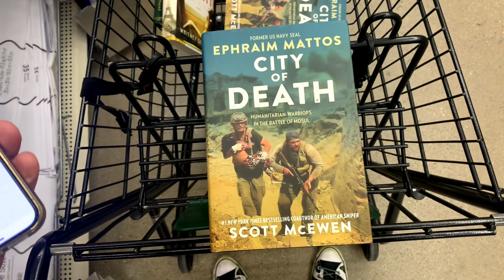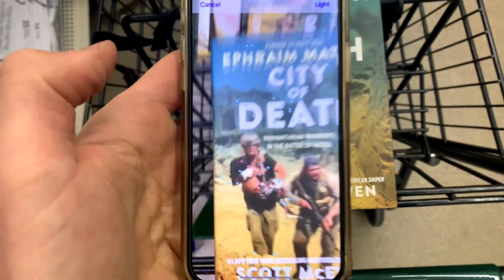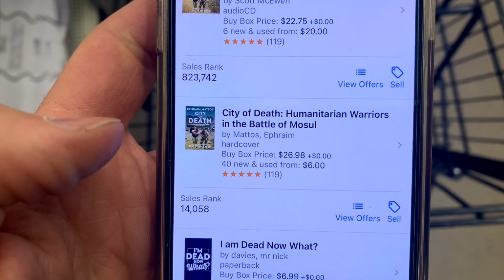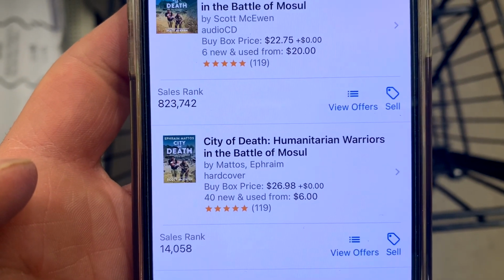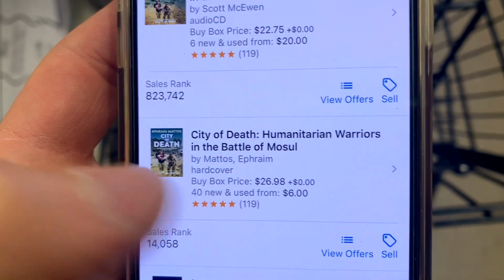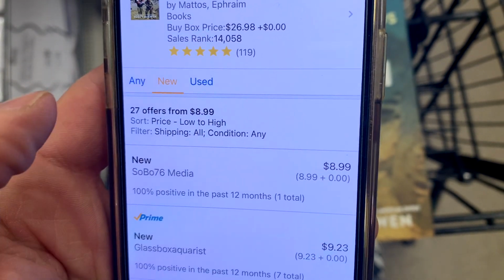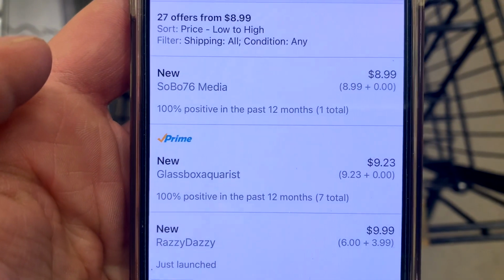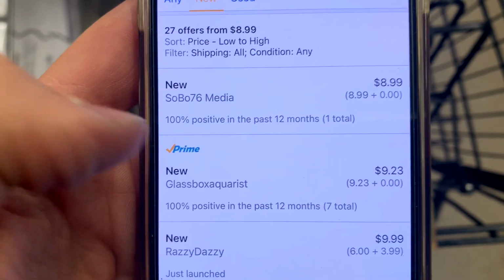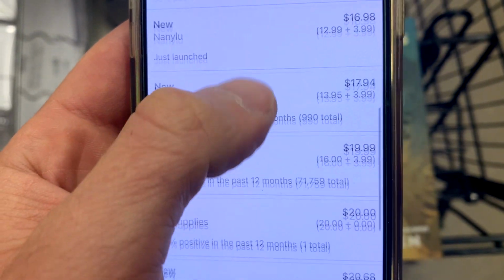Okay, this book is actually kind of interesting that I found. So we're going to scan it, and I'll show you what I'm talking about. Scan the cover here. And you can see there's the hardcover. The sales rank is 14,000, so that's really good. It's really moving fast. And the buy box price looks good. It's $26.98. So we're going to click on the offers, and we're only going to deal with the new prime offers. And you can see here this crazy person down here who's selling it for $9.23, and they've got 7 copies. But then if you scroll down here and you keep going, and you'll see the next best prime offer